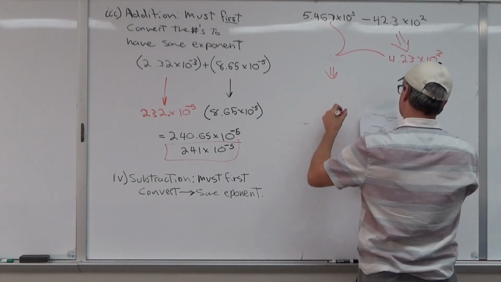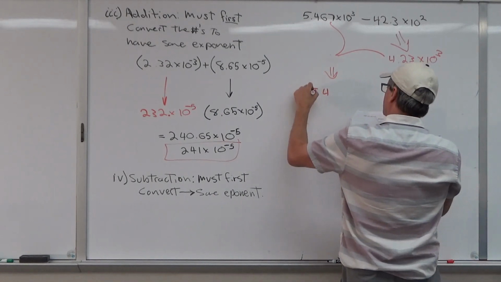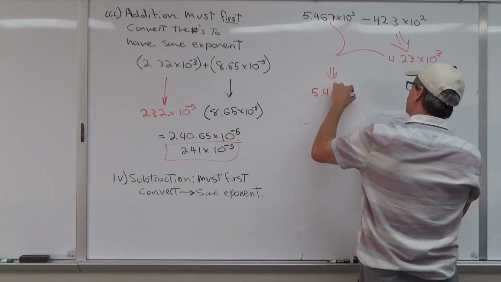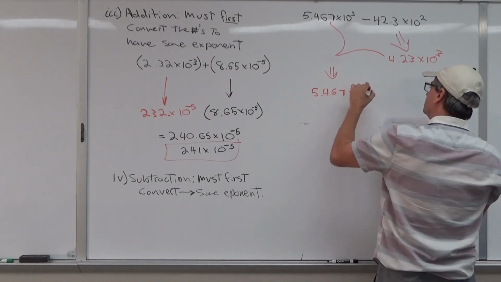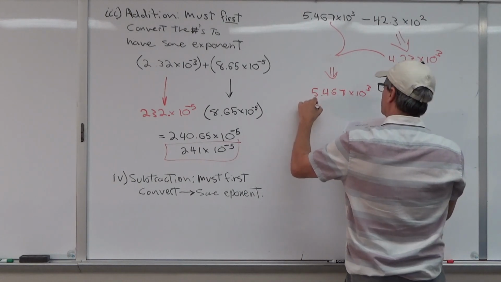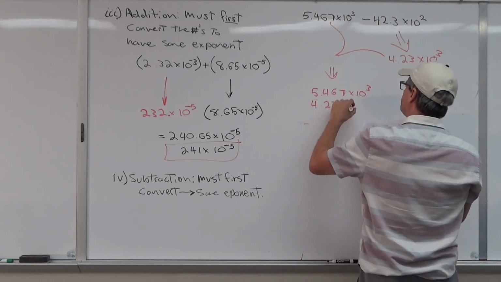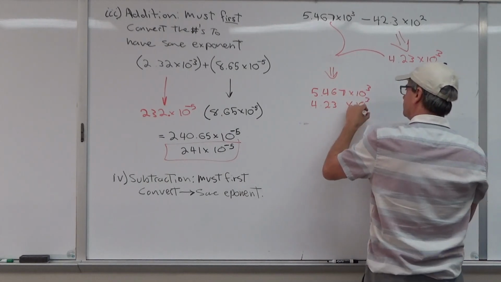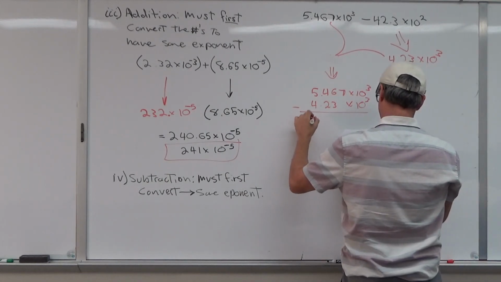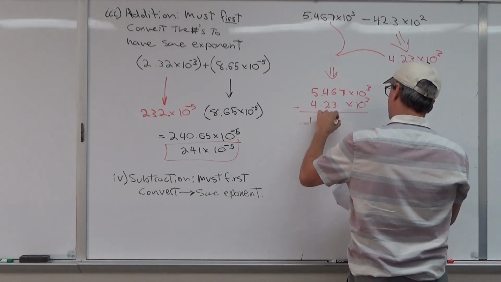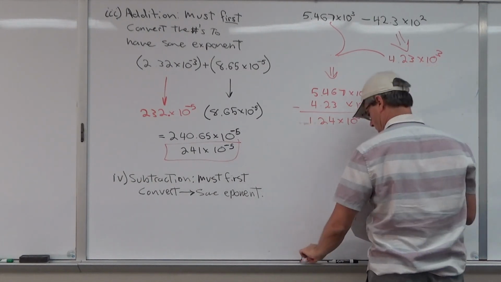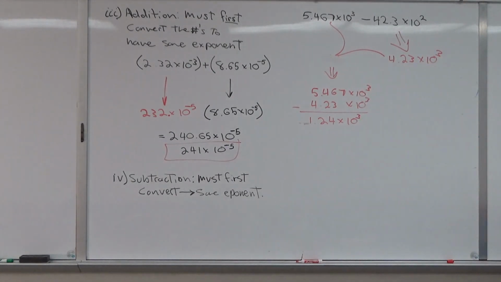Here, I'm going to write it out nicely. 5.467 times 10 to the 3 minus 4.23 times 10 to the 3, and that's going to give you 1.24 times 10 to the 3. Again, I rounded part of that because of significant figures. All right. So before we get into exactly what significant figures are, we're going to do a related topic, and that's